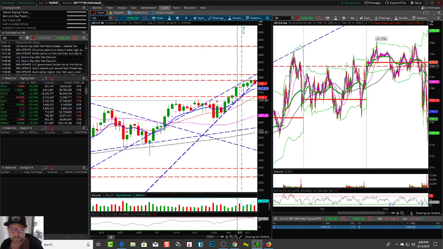The probability at this point is that price looks like it's starting to fall out of that rising wedge, and there's a good probability it could fall down to at least that 9 EMA, possibly further. Got to watch the candlesticks, right? Very important. So that is with futures, right?